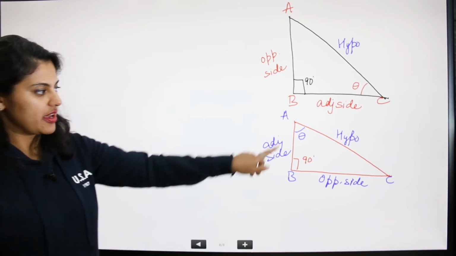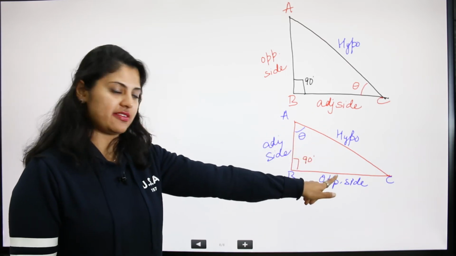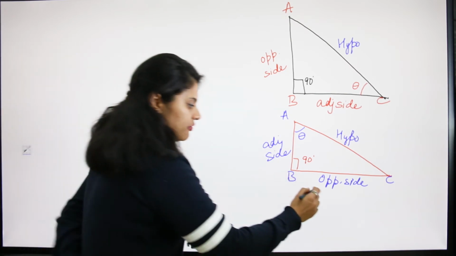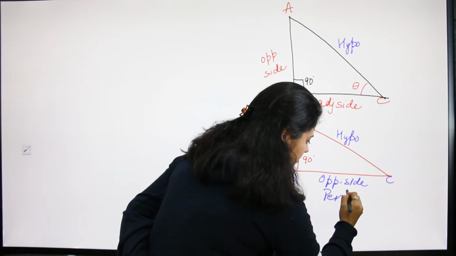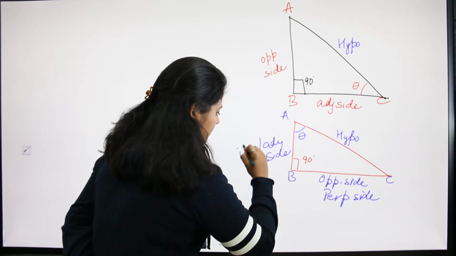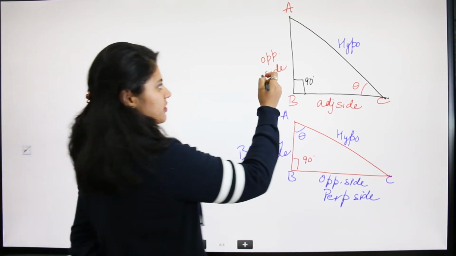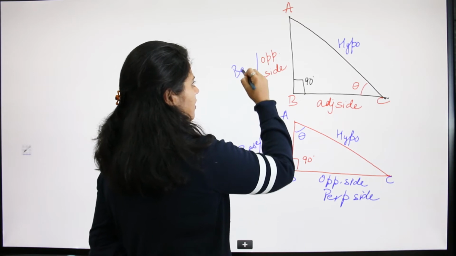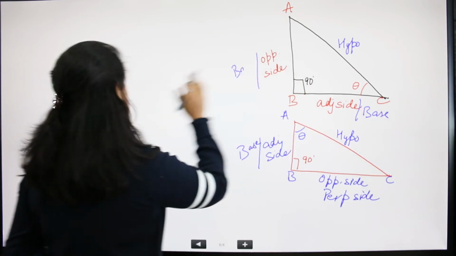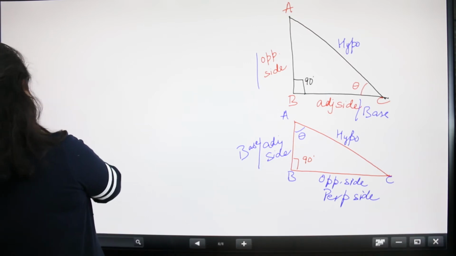Okay, so because we have taken this angle theta, we are going to talk about this theta, then the side which is exactly opposite to that is the opposite side, or we also say that this is a perpendicular side, and for this one we can call it the base, according to the Pythagoras theorem. Similarly for this one, that's the base, which is the adjacent side, but here is the opposite side, which is the perpendicular side. So we can take this as